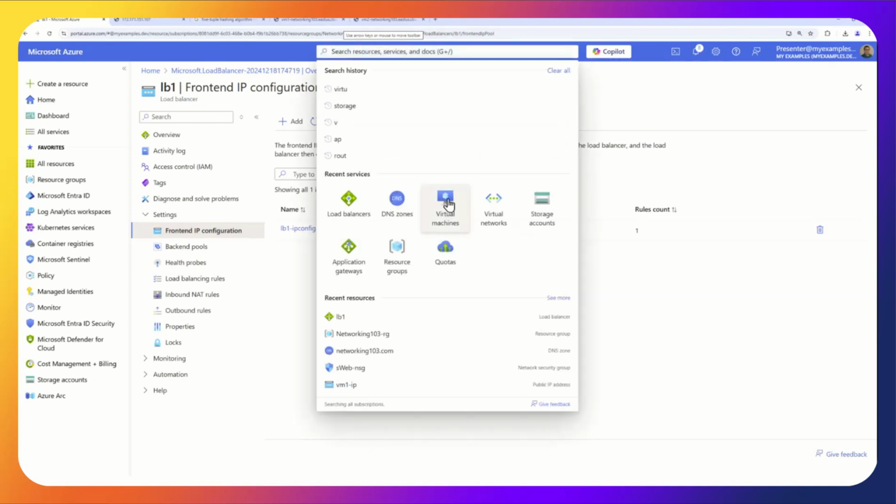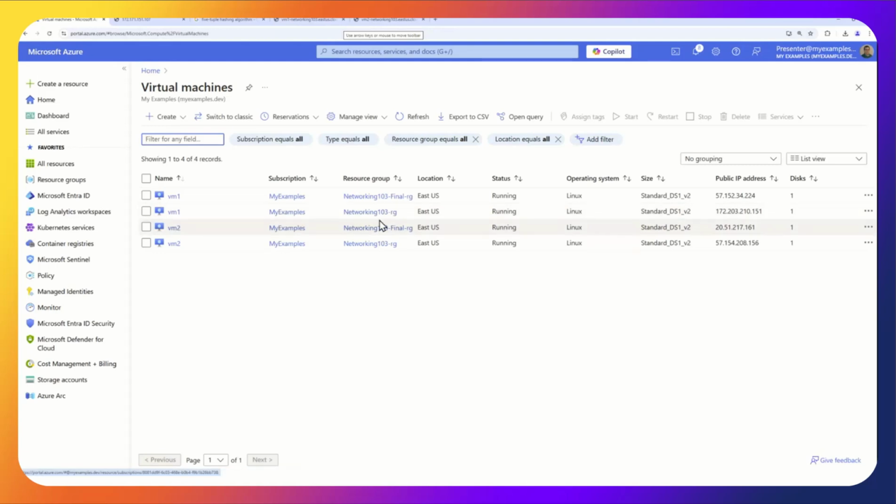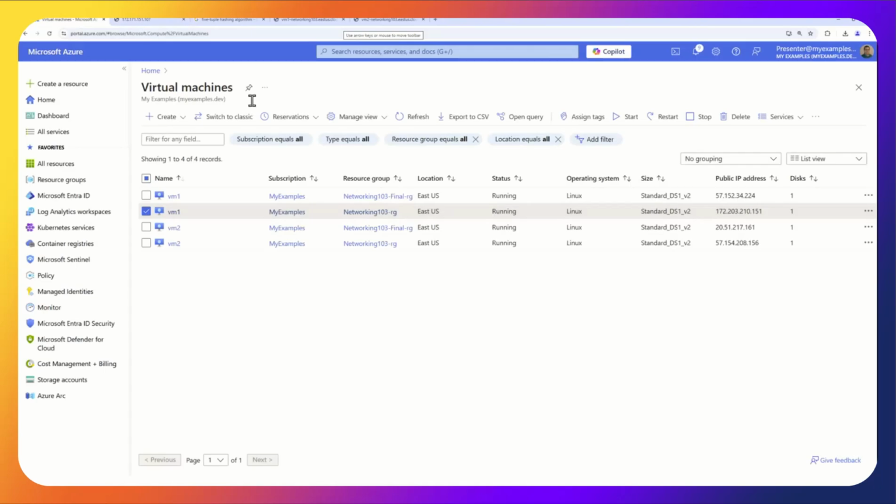So let's go to virtual machines. Which one are we seeing? VM1. So I'm going to go to VM1. I'm not going to delete it. I'm just going to stop it. And stop it. So keep hitting. See, immediately went to VM2. So we know it's load balancing, and it did work. Our end users will still be able to get to our websites. So I'm going to start VM1 up again.